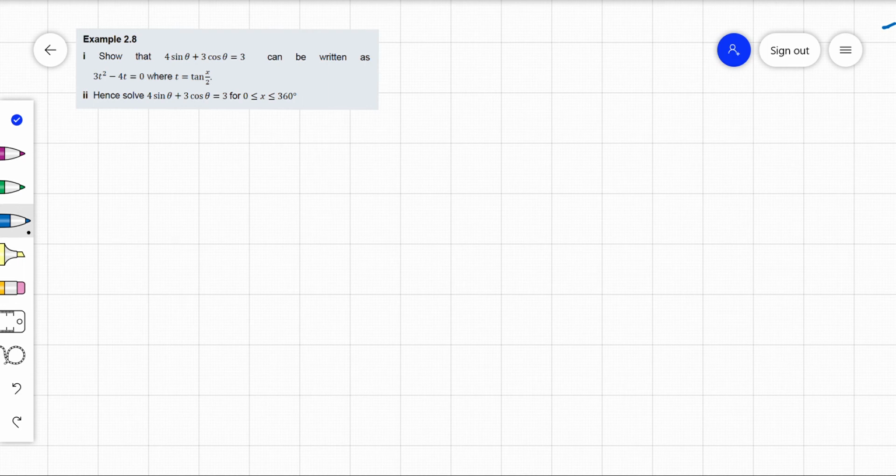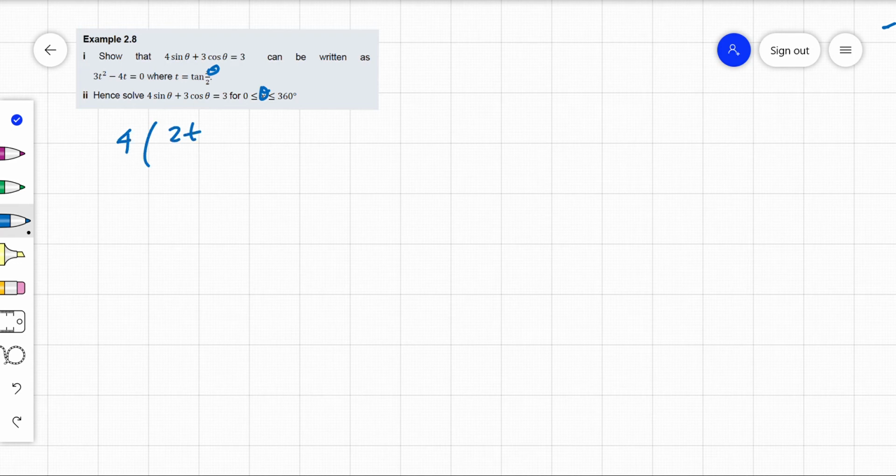Alright, there's a few problems here. This question has theta in it, and then it says where t is tan x on 2, and it also has x between 0 and 360. So what we're going to change is make that a theta on 2 and make this a theta here. There we go. Alright, so if we're using our t equals tan theta on 2, to solve, we know that